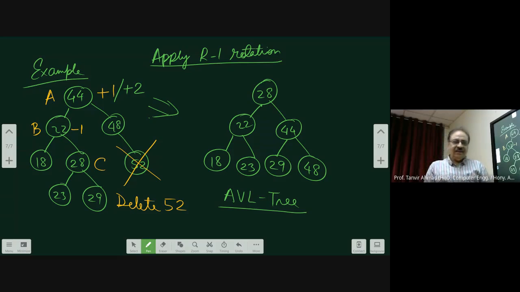Now here, instead of having only two nodes 23 and 29, this could have gone more down also. It is not there that this is the only case. It is also possible that there might be some nodes at the bottom, but you make sure the node which has a balance factor of plus 2, the left child of that, you have to check the balance factor. That means since A becomes, say, plus 2, therefore you have to check the left of A. That is the B. Okay, that's all.